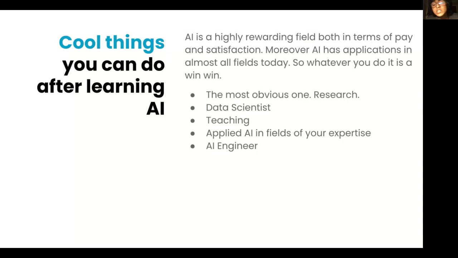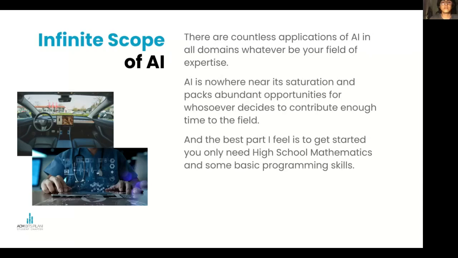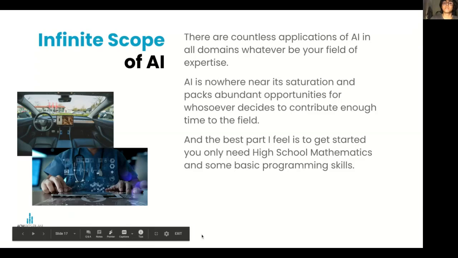You can get into research, you can think about new algorithms and so on. You can become a data scientist. You can get into teaching, you can teach other people, or you can apply AI in your field of expertise. Or if you're not much into research, you do not like thinking a lot and like implementing stuff, you can implement algorithms designed by other AI engineers in Python. Most researchers are not too good at programming themselves. Okay, there is infinite scope of AI, and you can read what's written on the slide, and that's all I have to say. I'll hand over this stage to Nandan, who will talk about game dev.